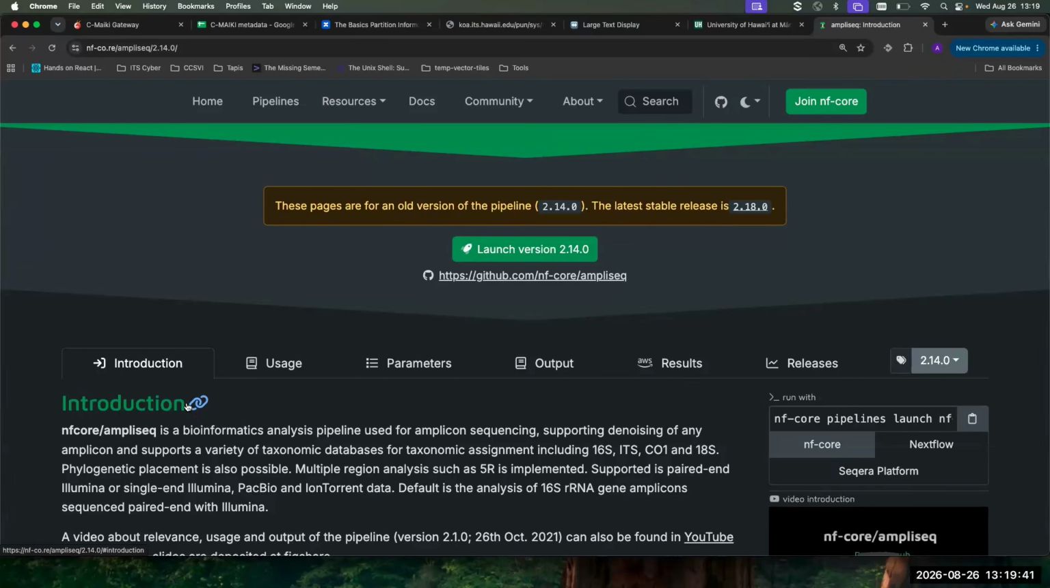Any questions before I launch into talking about Ampliseq really quickly? Do the apps have to be written for Nextflow, or could they be written in Bash? What do you mean by the apps? The apps on the gateway? The gateway runs the